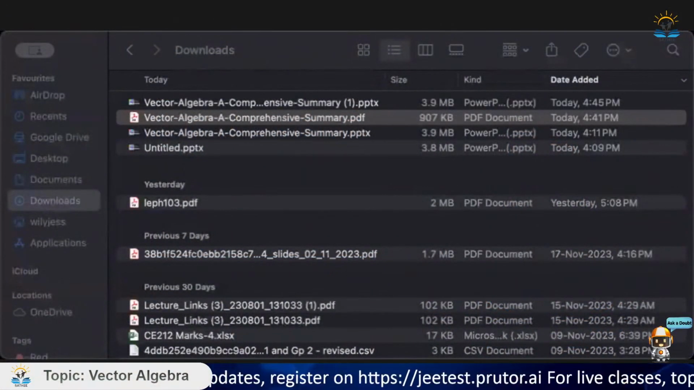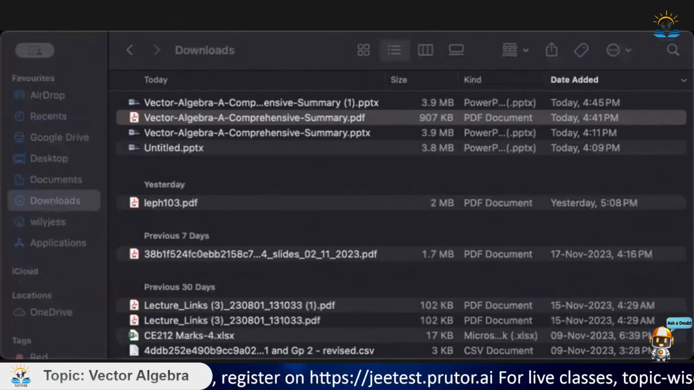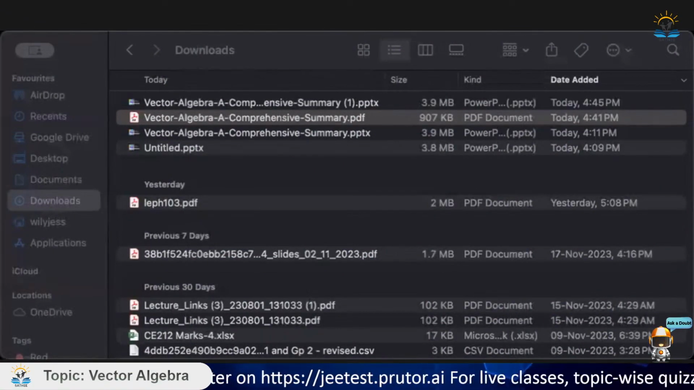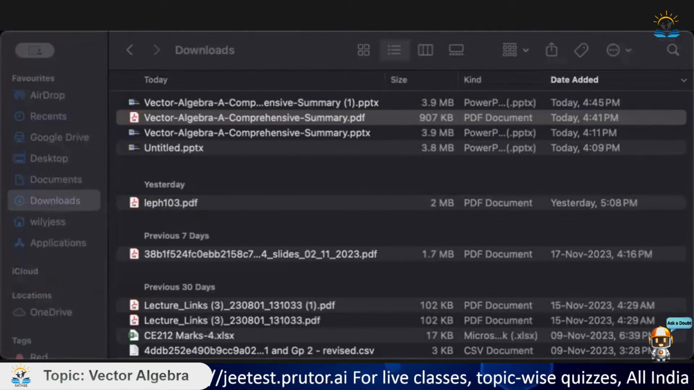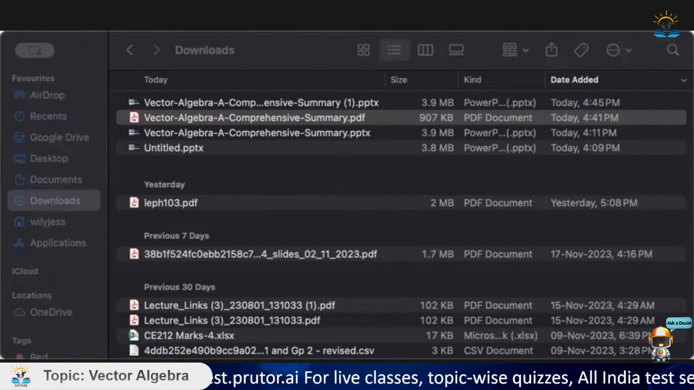And I'm in IIT Kanpur. So today we'll study vector algebra. This chapter is mostly a formula-based chapter, which